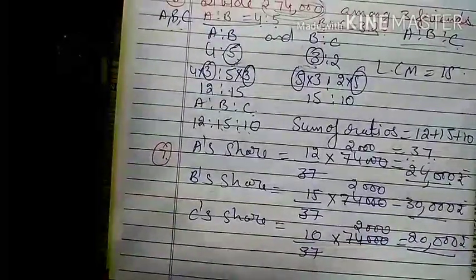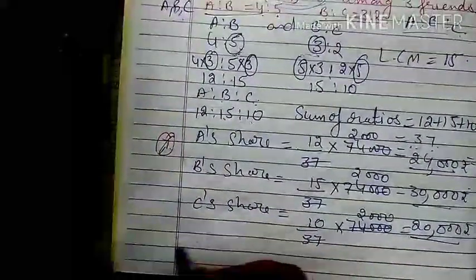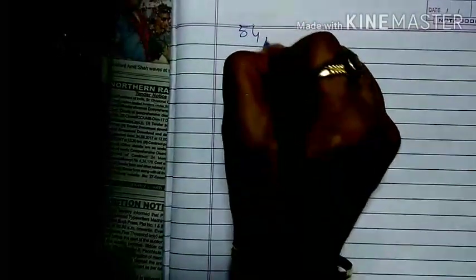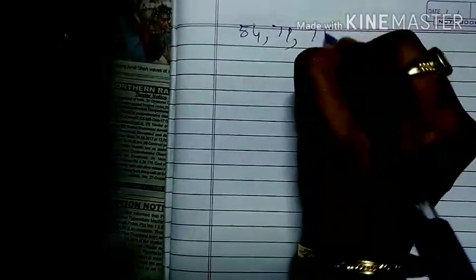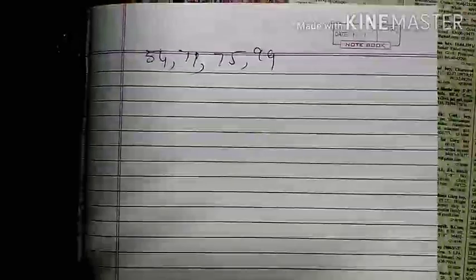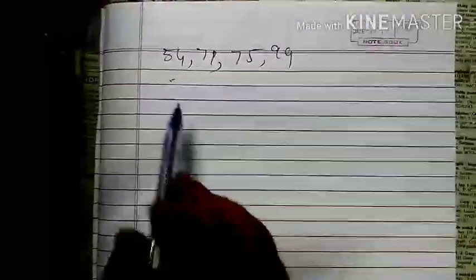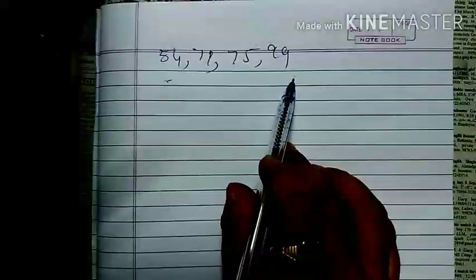Now next is your last question. Your statement is that you have 4 numbers given in the last question. So I will explain the statement here. The statement is, what number should be subtracted from 54, 71, 75 and 99? So these are 4 numbers. These are not in proportion. To make it a proportion, what number should be subtracted? What number do you have to subtract from here? You will get the terms in proportion form.